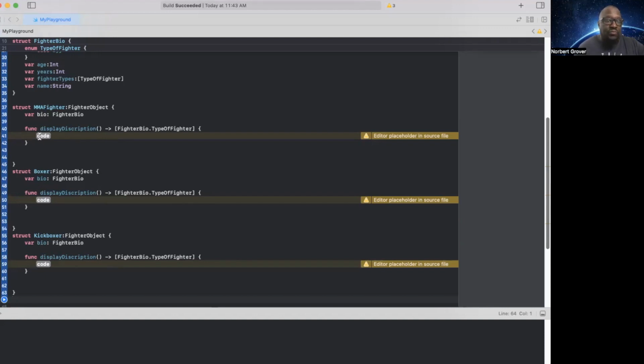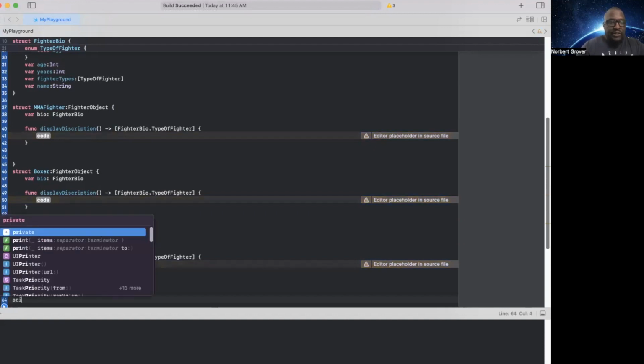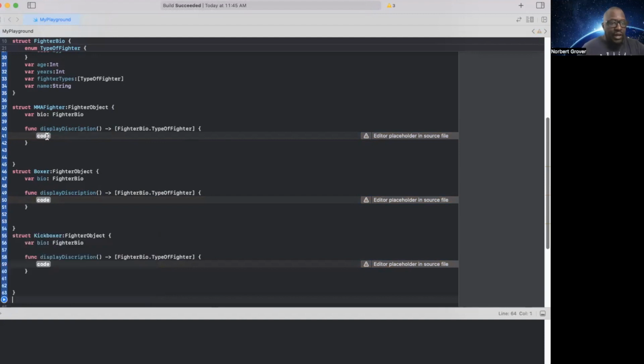So display, we're going to use this just to return an array of the types of fighter, and this is going to display what? Okay, so for MMA fighter, we're going to print. Oh wait, what the heck is going on? Where did this go? I don't know why this thing is messing with me. Okay, so MMA fighter print, MMA fighter,